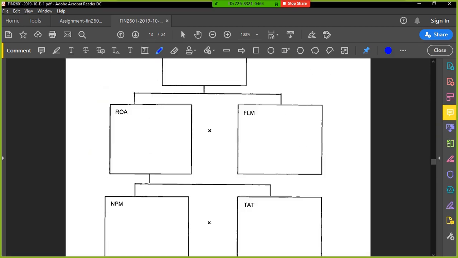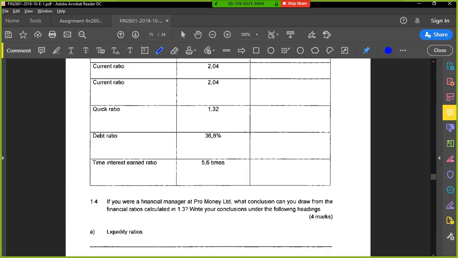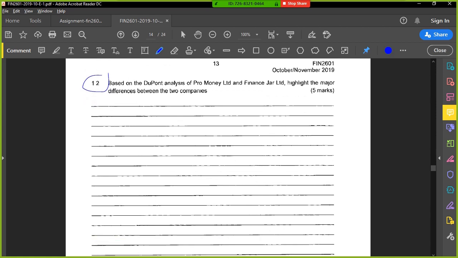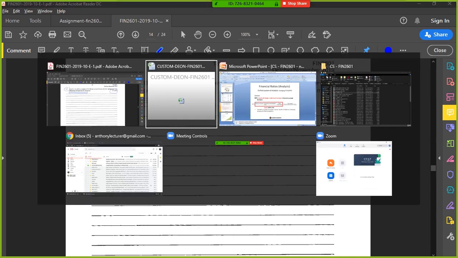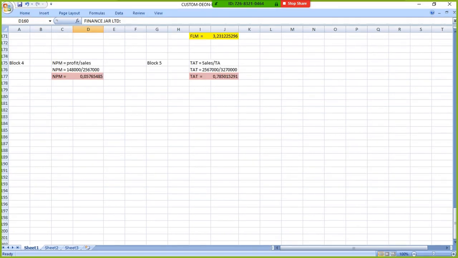All right, let's just finish question one and then we've done the ratios in this paper. What else is there? Okay, there's a few other ones. Number 1.2, October, November 2019. Based on the DuPont analysis of Pro Money and Finance Jar, highlight the major difference between the two companies. 5 marks for doing that. Okay, so this is theory. 1.2, Pro Money,